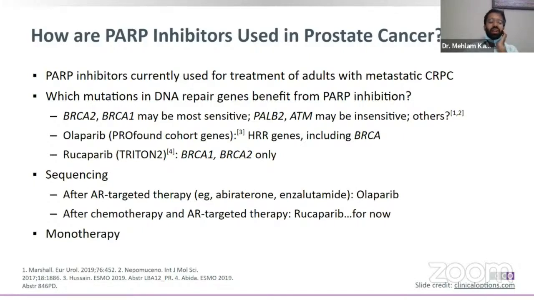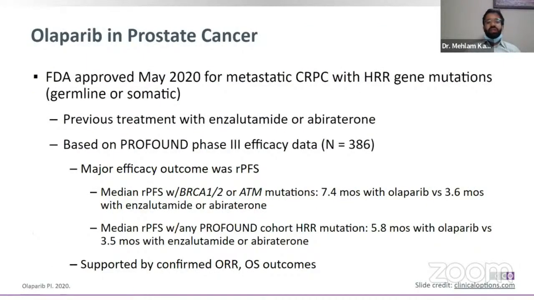They are not yet approved for first line therapy, and are mostly used after androgen receptor targeted therapy, that is either abiraterone or enzalutamide, or after chemotherapy, mostly as a monotherapy right now. So let us discuss olaparib in prostate cancer. It was the first drug approved in May 2020 for metastatic CRPC, especially in HRR gene mutations, either germline or somatic. And this approval was based on the phase 3 PROfound data, which showed